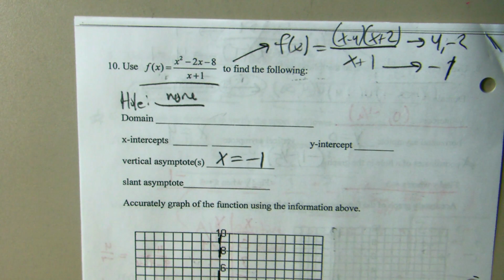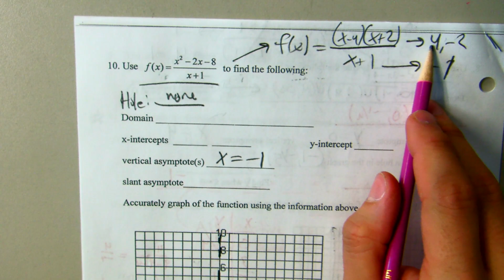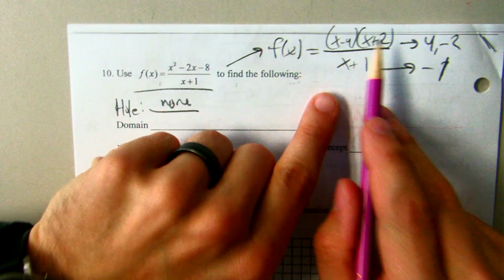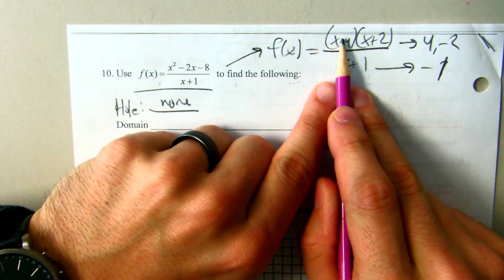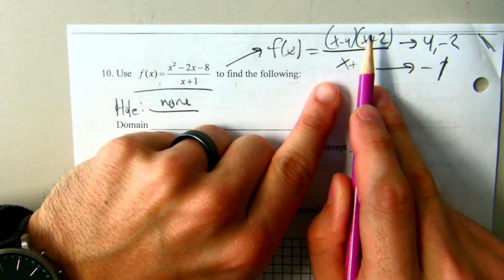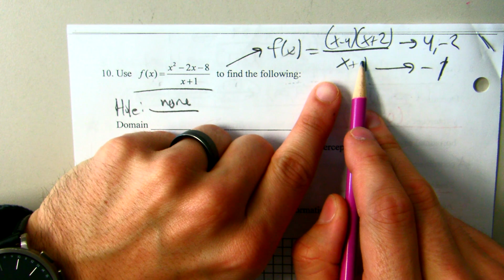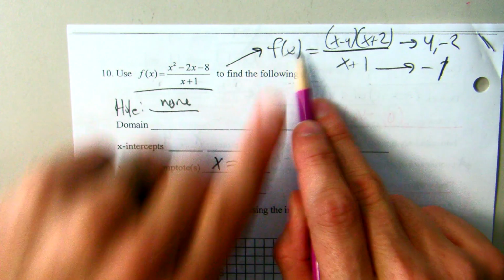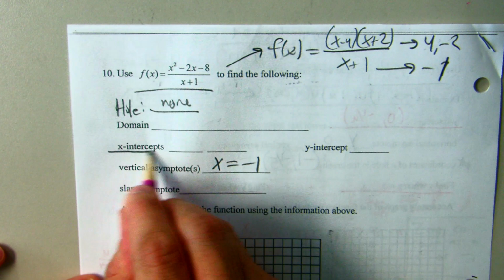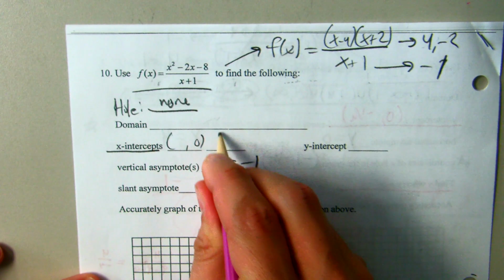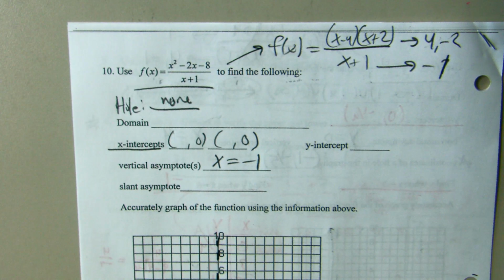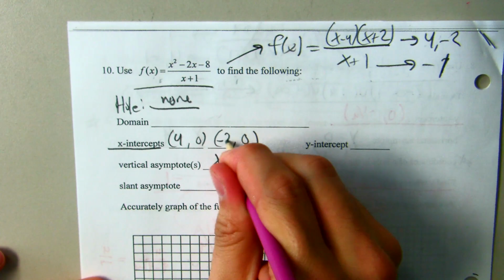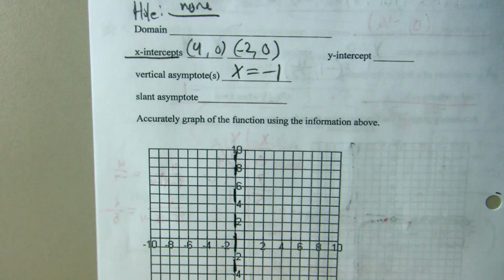Graph it as a dashed line. And any number that makes just the numerator 0, this is really just a big fraction. And if you can make the numerator 0, 0 divided by anything is 0. And if you make this whole thing 0, then you're making y equals 0. And if you're making y equals 0, that's when you get x-intercepts. So the numbers that make only the numerator 0, not also the denominator because that would be a hole,